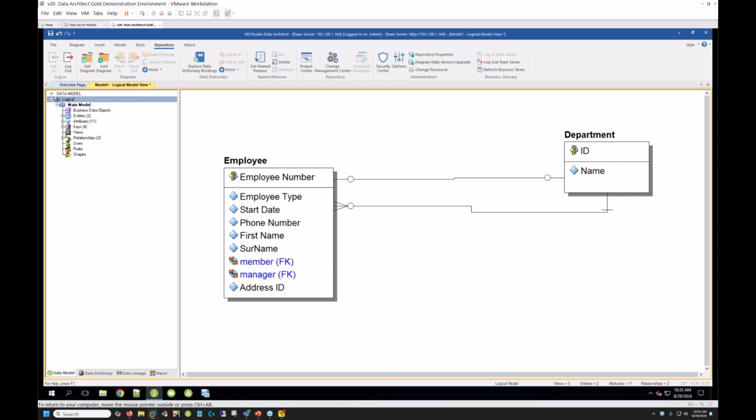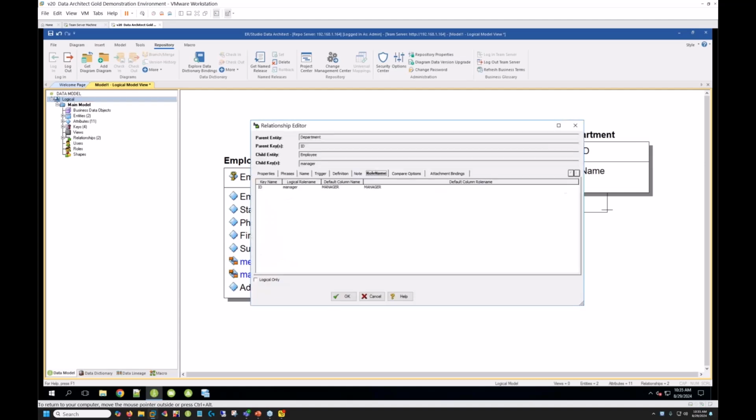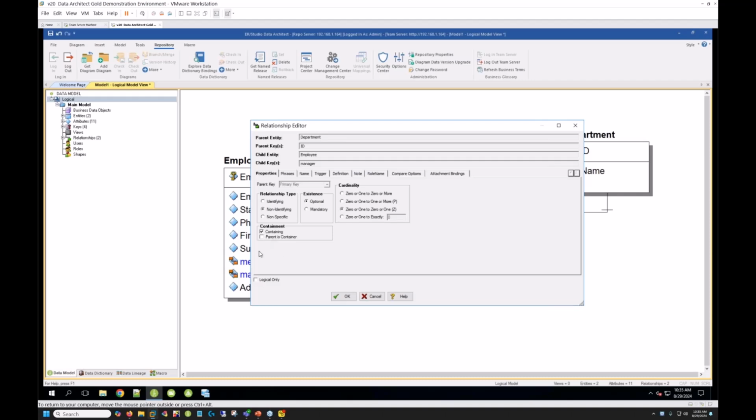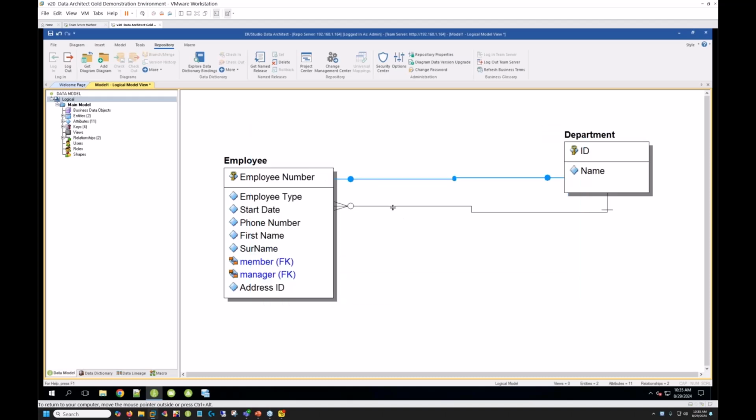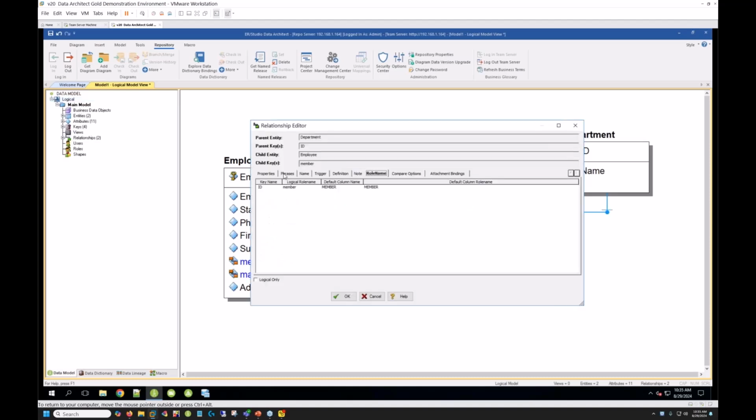How you do that in your logical model is you click on the relationships, and under the properties tab, you see there's containing. So there's a couple things here I want to do. I want to say this is containing, and the parent is the container, the department is. And on my role name here, I think we're okay with that one. And on the role name here, I want to do the same thing, but I want to call this role name